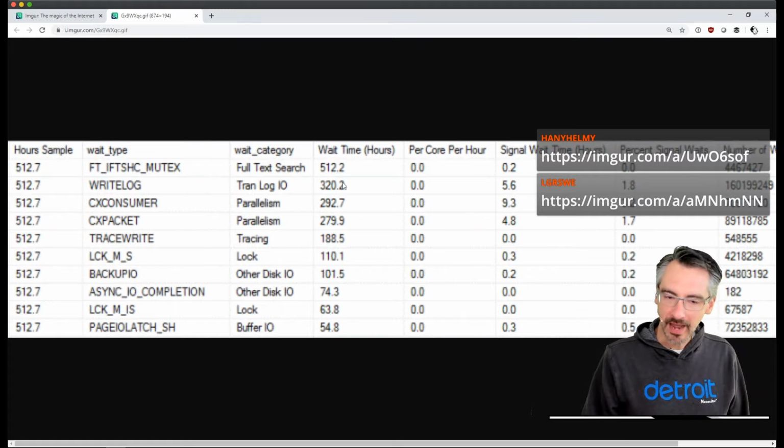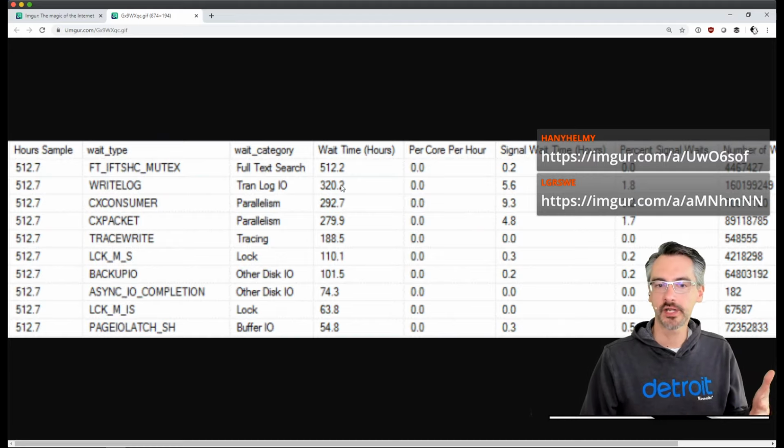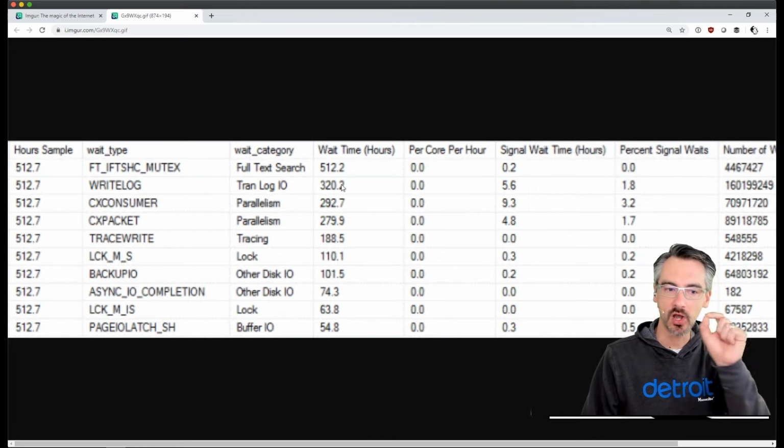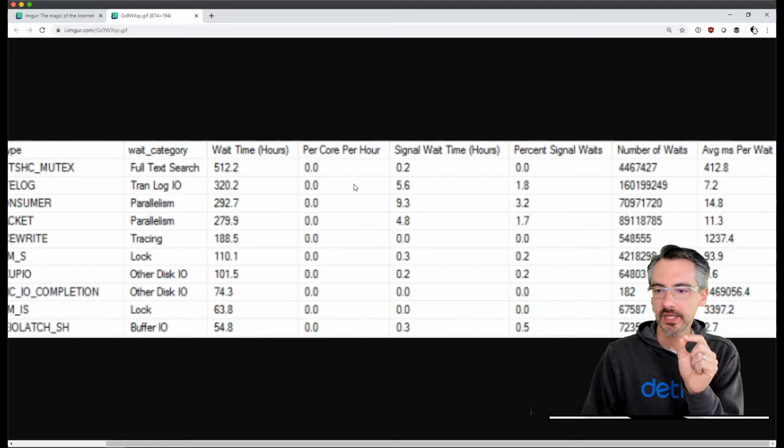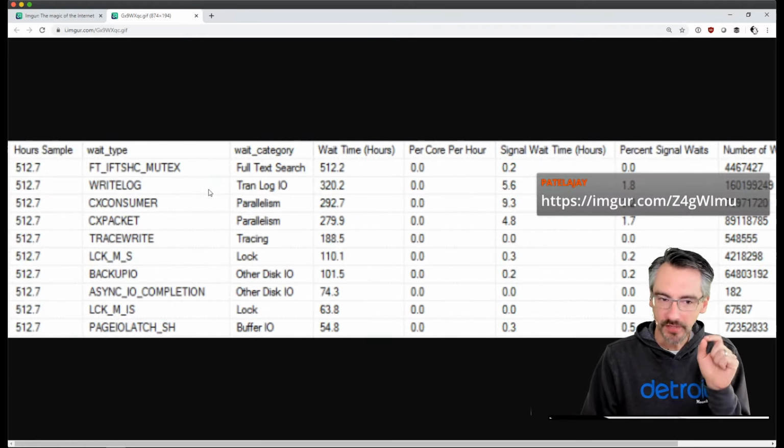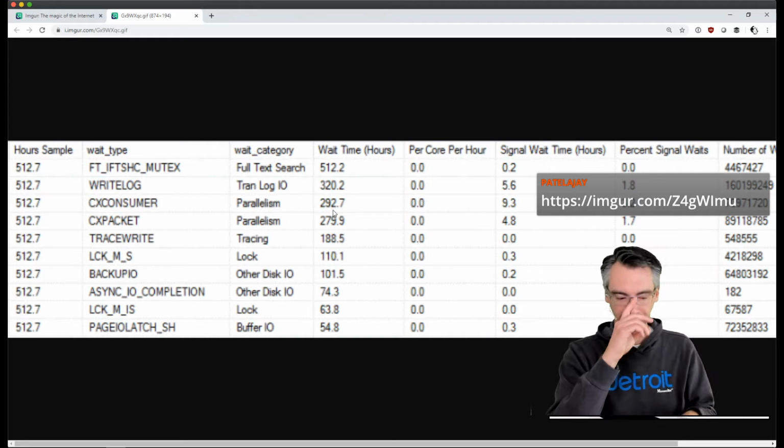So on yours, about half of uptime, SQL Server has spent waiting to write to the transaction log. I'm going to say just the same things that I said there with the other folks on how to fix that, but you also have a couple of other interesting things inside here.